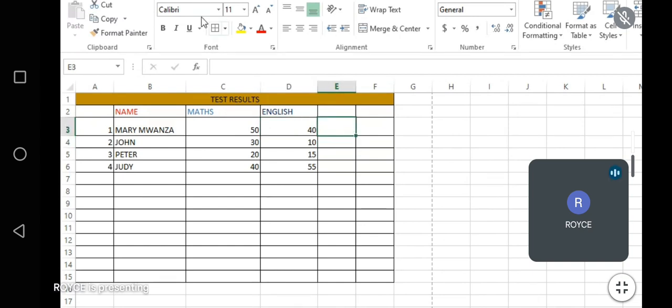Okay, I'm gonna leave it here. So let's assume we want to add these, but we want to use an embedded function, an inbuilt function in Excel. Okay, so you simply go on the Insert tab,